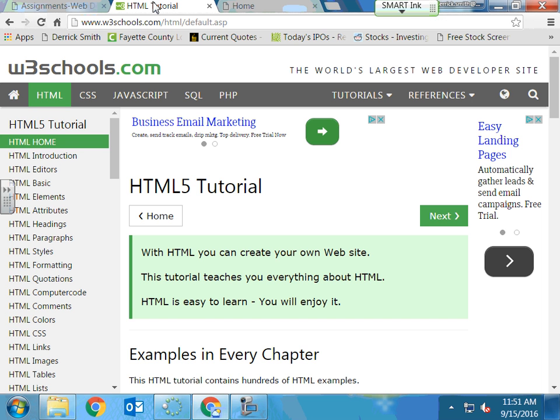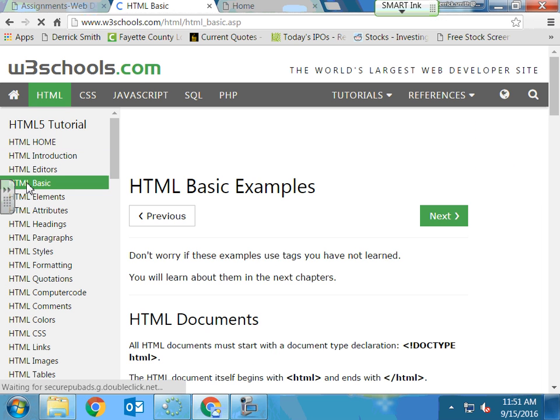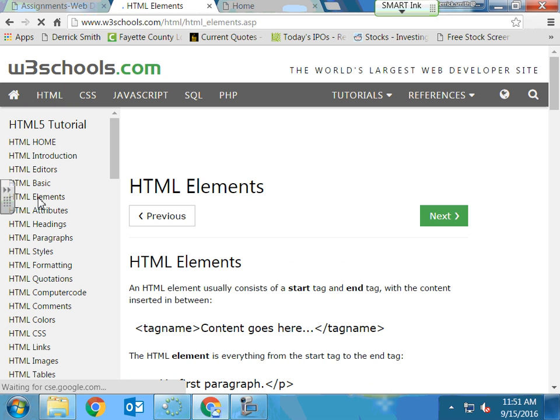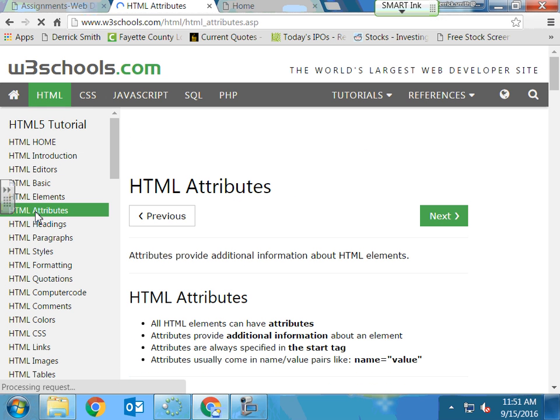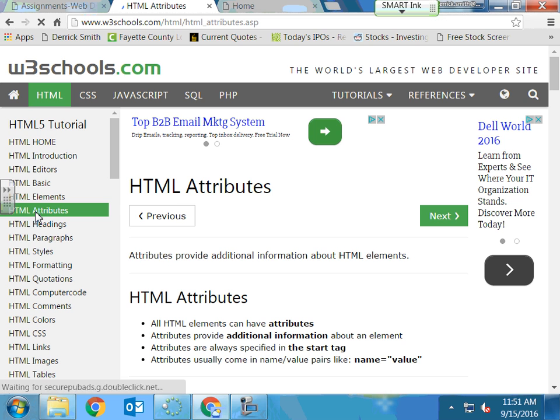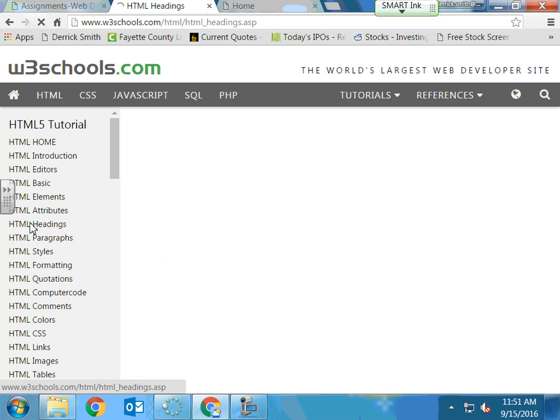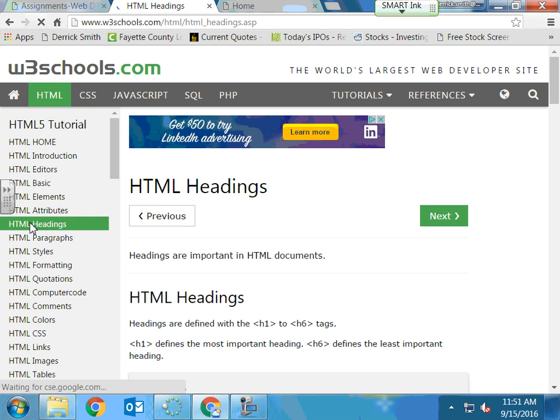We have already gone through the HTML basics section you see right there. We discussed elements. We discussed attributes. I do want to go over some of these other sections, although I'm not going to require that you do other things on here. What you should be doing right now is your screen on your computer should look like